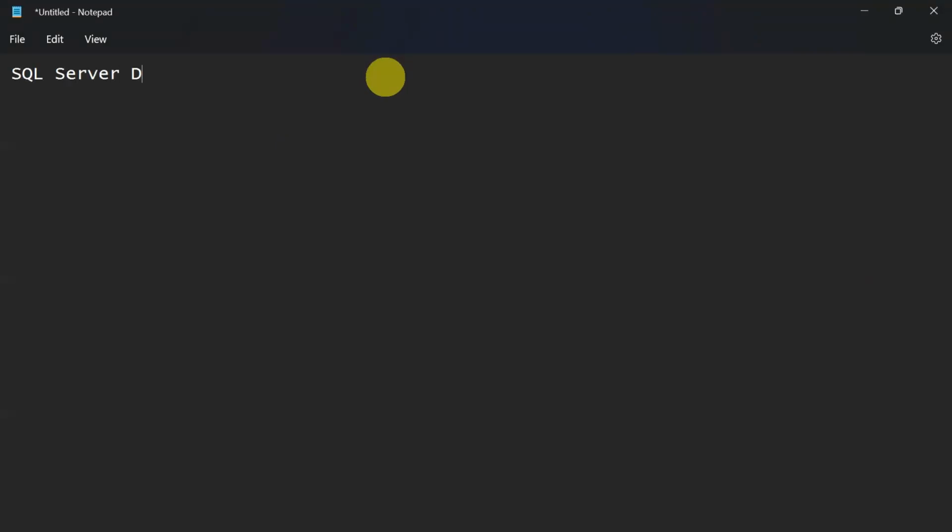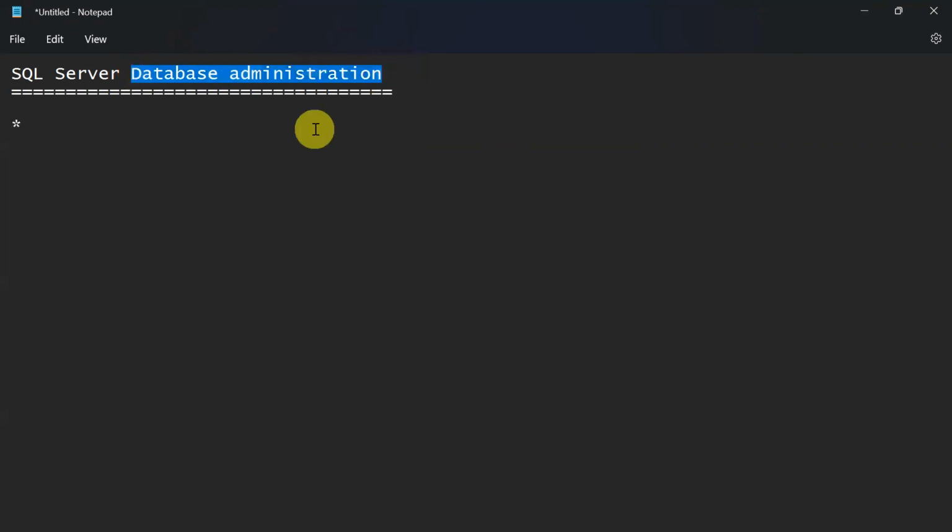Okay, SQL Server Database Administrator or Administration. So our course is what? SQL Server Database Administration. Basically, we know that database administrators play an important role in the application support life cycle,